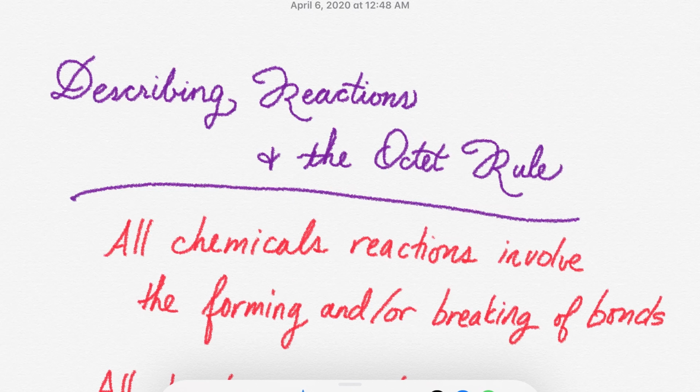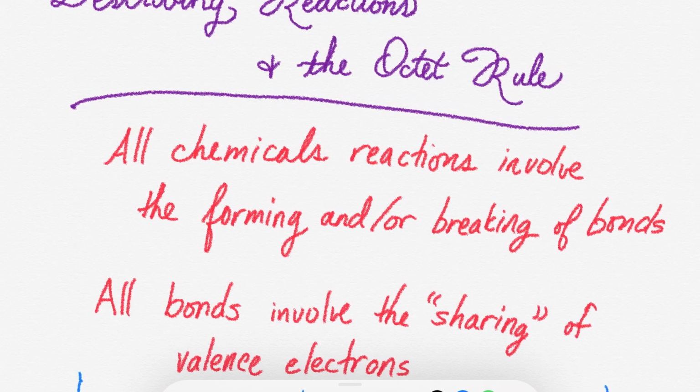Greetings everybody. We're going to talk briefly about describing reactions using Lewis symbols and the infamous Octet Rule. Before we go down that pathway, there are a few things that I think are very, very important for y'all to know and remember, kind of keeping these in the back of your mind when we're working through this idea. So the first thing I want y'all to remember is, number one, fundamentally, at its core, all chemical